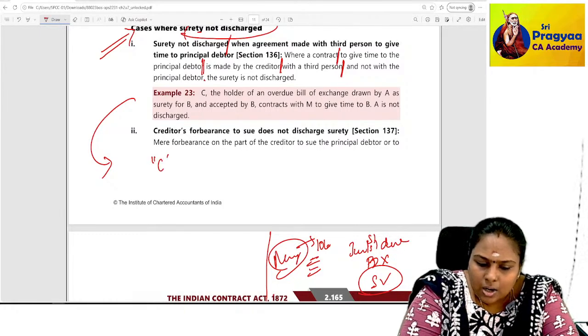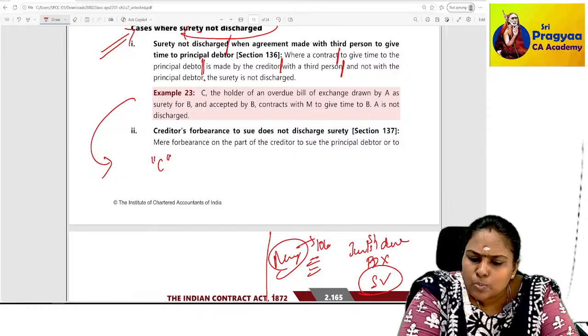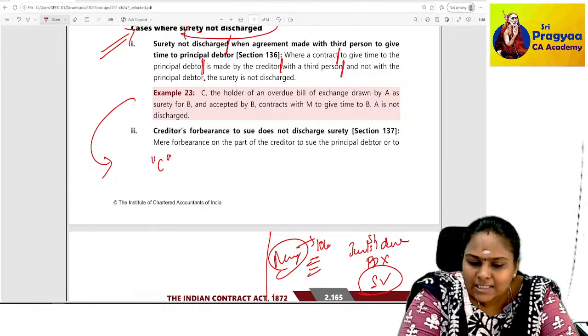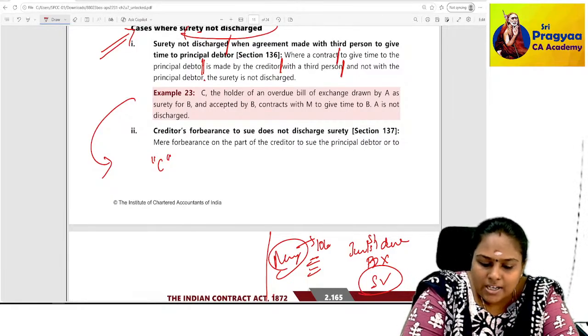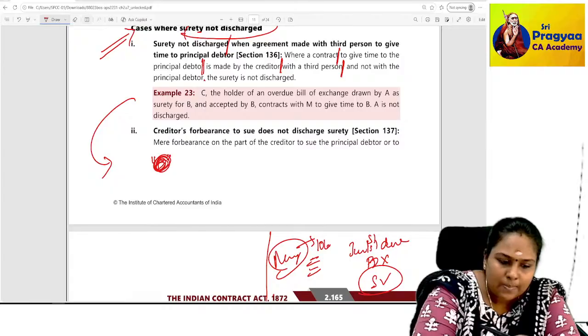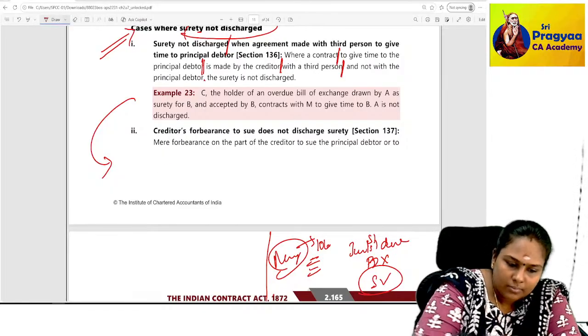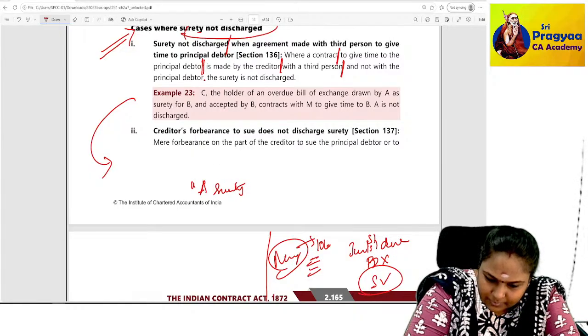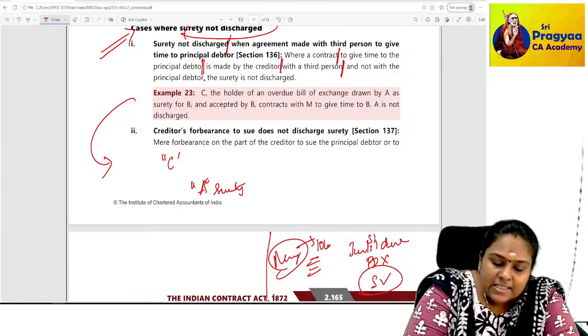C is the holder of an overdue bill of exchange drawn by A as surety for B, accepted by B, contracts with M and gives time to B. A is not discharged. So first of all, who are the parties involved, ma? Sir, A is the surety. Adla yarko edho doubt illala? Okay. Now C is the